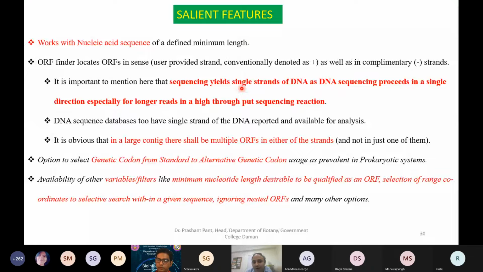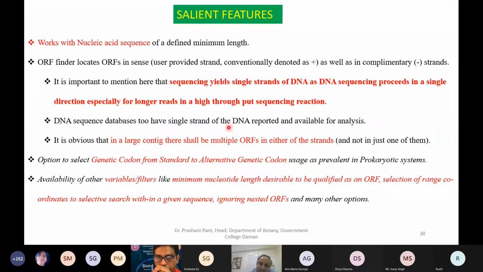And I just told you, ORFs can be randomly in either of the strands. You got the point? So when the ORF can be in either strand randomly, especially when you're working with something like a chromosomal DNA molecule, you need to have a complementary strand. But don't worry, you don't have to provide that. The system will make the complementary. As I told you, what you give is plus, and what they make out of it, the complementary one, is minus. That is what you need to remember. I hope you got this point. Then the second point is that DNA sequence databases have single strand. I just told you, all DNA sequence databases will give you a single strand. The FASTA that you saw is a single strand.